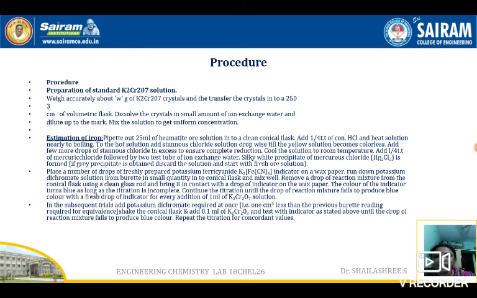The indicator here is an external indicator, potassium ferricyanide. We cannot add this indicator internally, because in our conical flask now ferrous ions are there. Ferric was there, we reduced it into ferrous form. The ferrous ions react with the potassium ferricyanide, forming ferrous ferricyanide, which is an irreversible complex and forms a dark blue coloration. So if you add the indicator into the conical flask by mistake, you will get blue color. You cannot remove that blue color by any means.